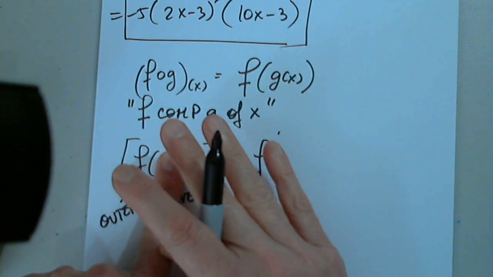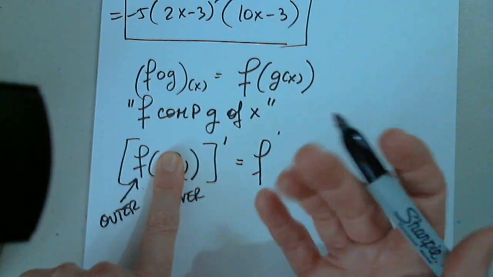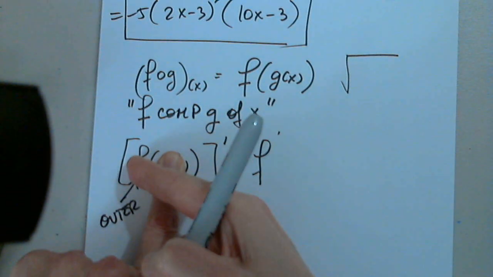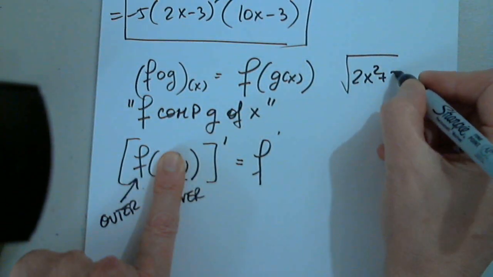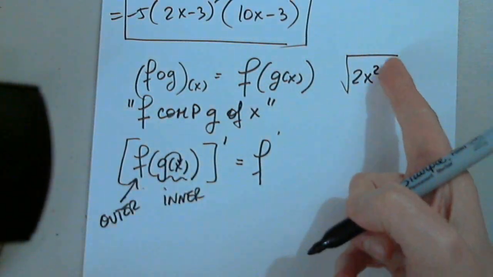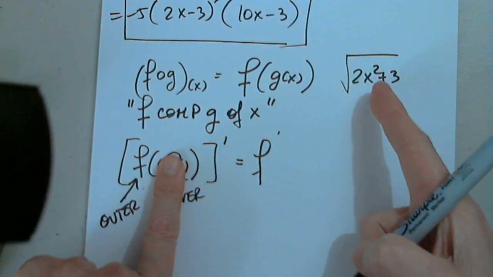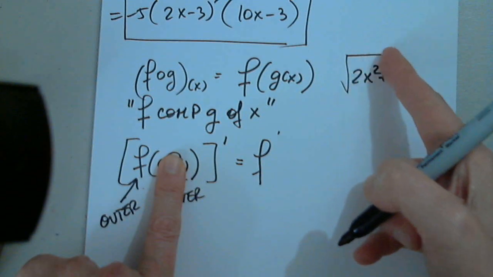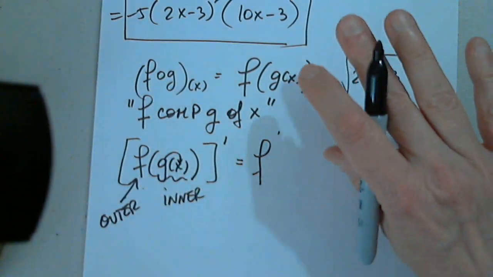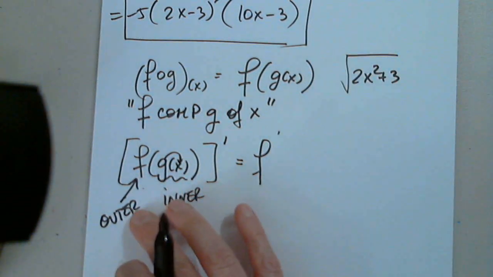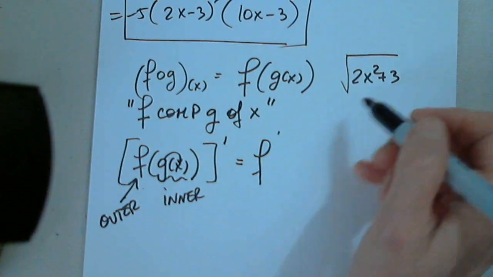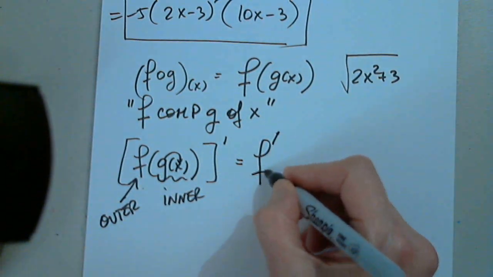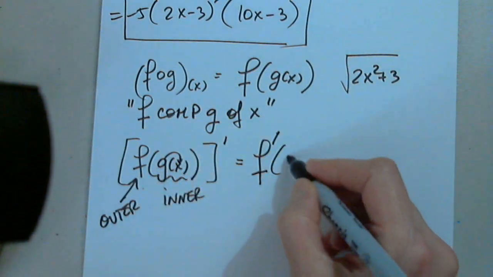If you want an example, I will go back to the power rule for a second. This is the outer, and this is the inner. This will be g of x, 2x squared plus 3, and this is the outer, the square root. So we don't do that right now. I just wanted to explain which one is the inner, which one is the outer, as an example. So this is f prime of g of x